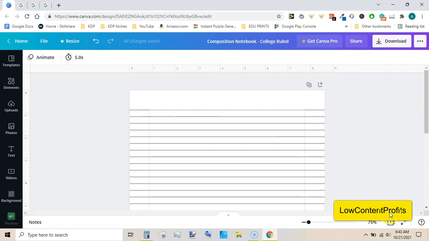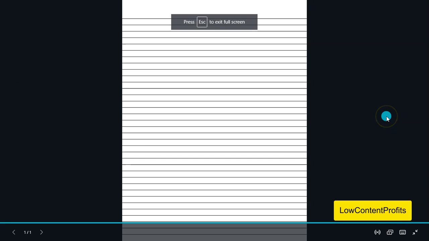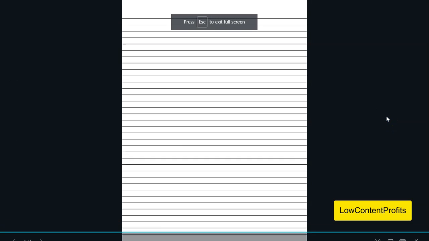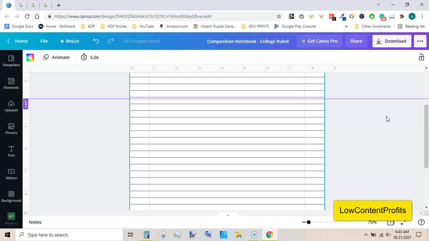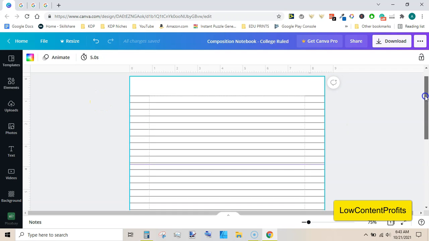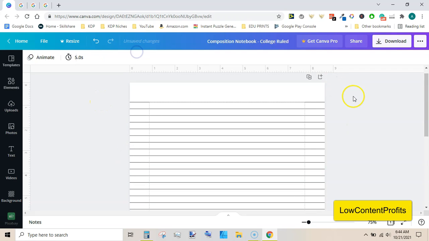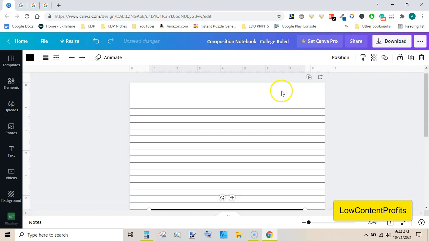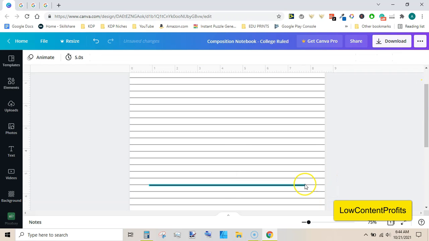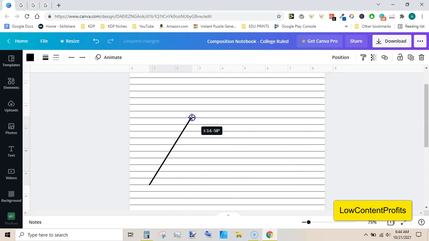Okay, now just view our page. This is a simple line journal. Now we need to convert this into a college ruled composition notebook. So we need to add a line here. So just go to file and disable margins. And now hit L from your keyboard to add another line, and just place this line vertically